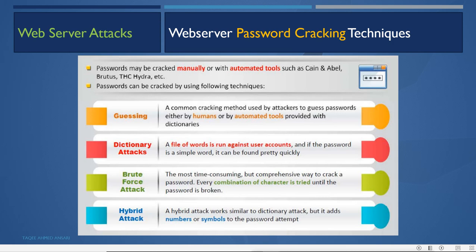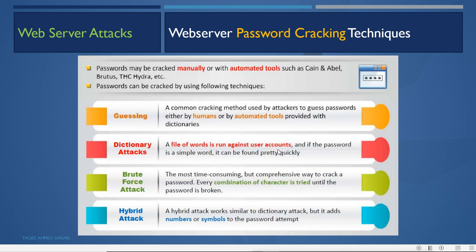In a dictionary attack, a file of words is run against a user account, and if the password is a simple word, it can be found pretty quickly. That means it will try all the words inside the dictionary file, which has all the passwords you could find in a dictionary. It can try them manually by human guessing, or use an automated tool to apply all those words and try to crack the password.